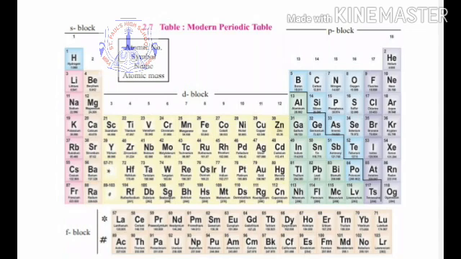In the various shells we will be having normal elements, where only the last shell is incomplete, and all the rest of the shells are completely filled. Then we have transition elements. D block elements are transition elements. The last 2 shells are incompletely filled. Then the inner transition elements, which are in the F block, the last 3 shells are incompletely filled. And lastly we have the noble gases, where all the shells are completely filled.